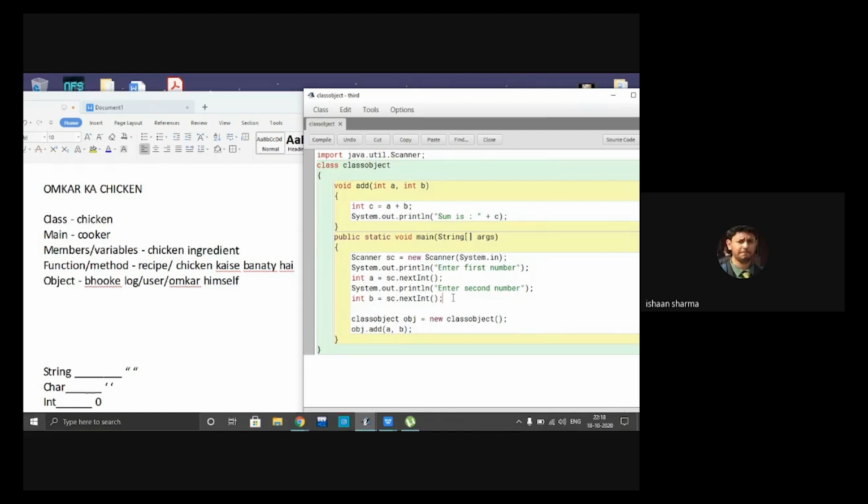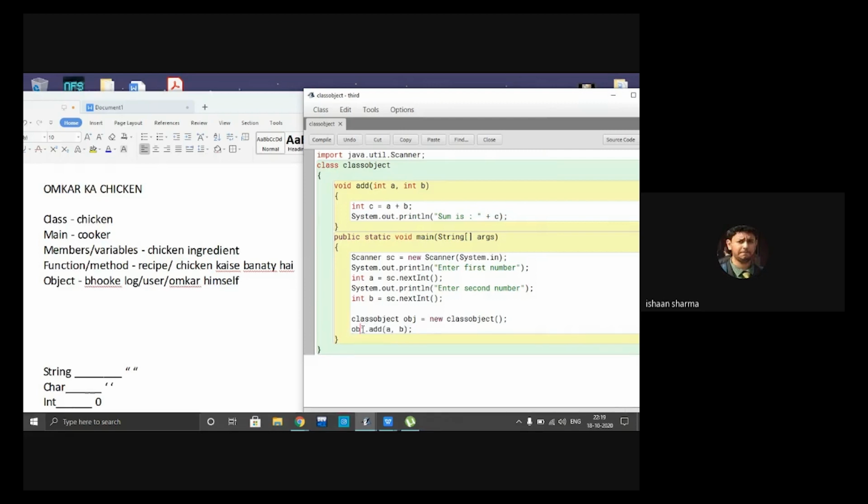After the cursor crosses this point, it will come to the next line. It will see this sentence and execute it, and an object will be created with the name obj. When the object is created, the execution of this sentence is done, so the cursor will come to the next sentence.